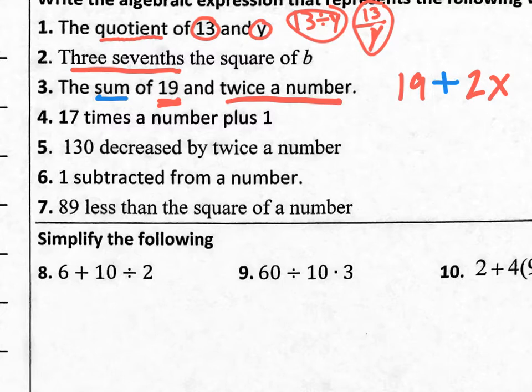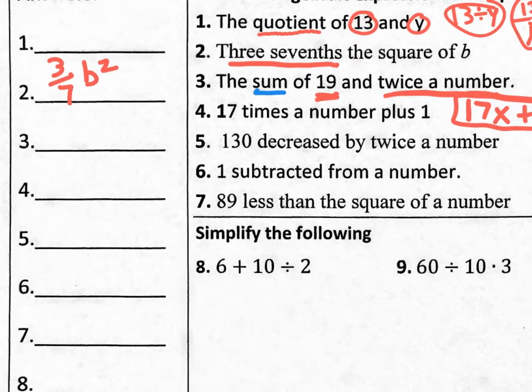Number 4, we have 17 times a number plus 1. That one's straight up. There's 17 times a number, put times x, or times n, or whatever variable you want to use, and then plus 1. So there's the answer, 17x plus 1 for number 4. Okay, let's look at number 5, and let's write over here on the answer spot. Number 5,